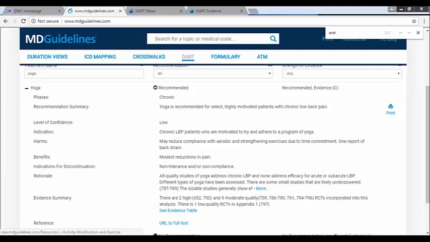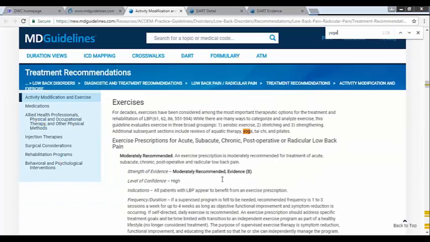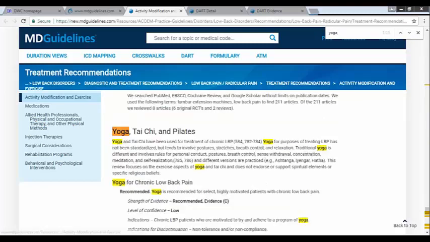So if I go ahead and click on that, it's going to take me right back into the full text of the particular guideline that recommendation in DART is coming from. So then I can go ahead and navigate myself right down to that particular recommendation entry. So that linking is being done now. We're rolling it out as we go, and it will be complete for all of the different topics in mid-December.